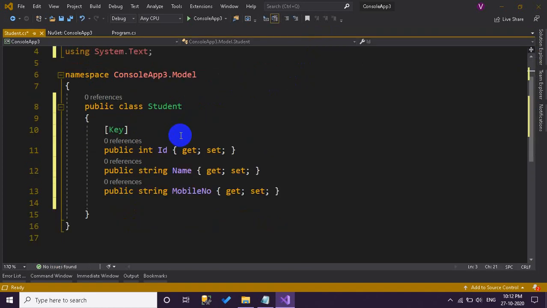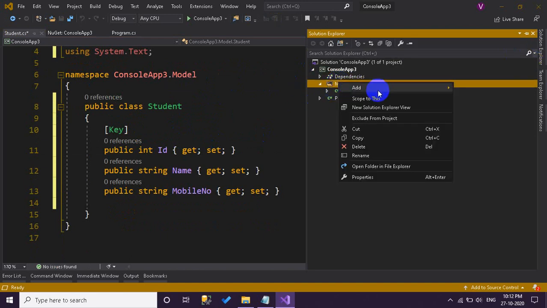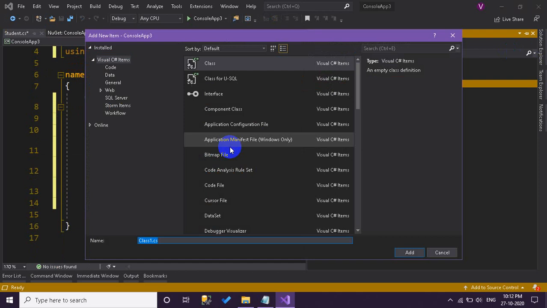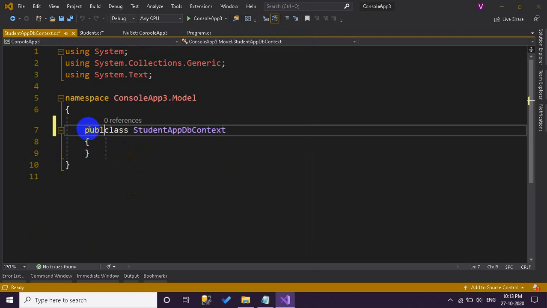And now we have to create the most important class, which I am going to name StudentAppDbContext. You can give any name you want. For the time being, I am giving StudentAppDbContext. This class I am going to make public.